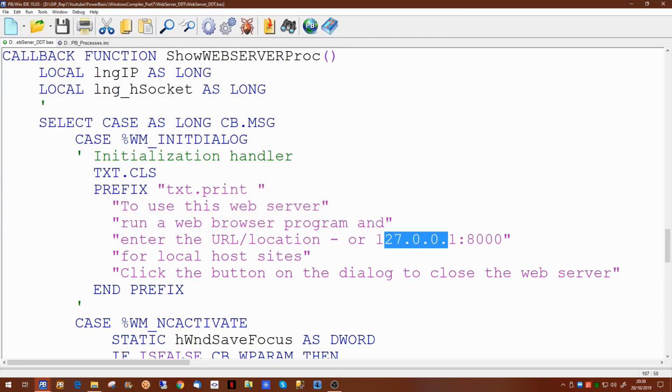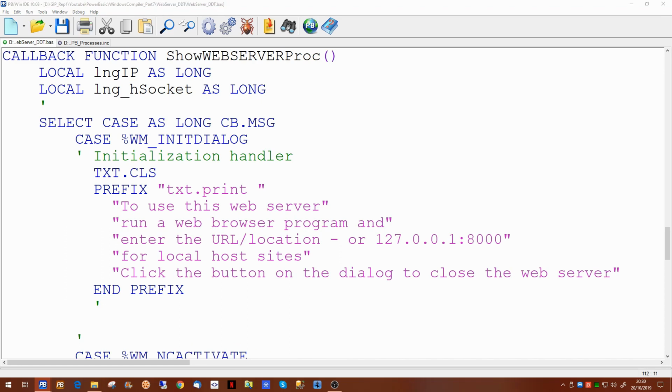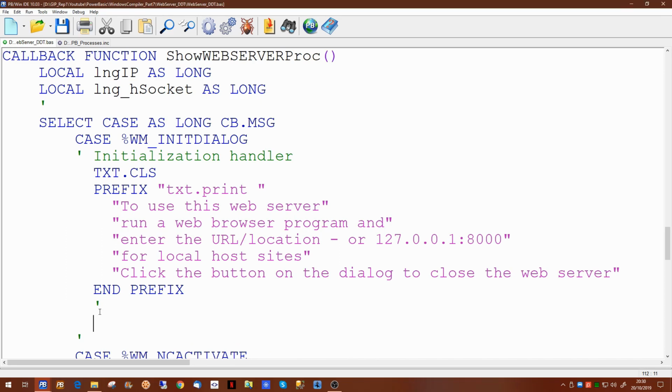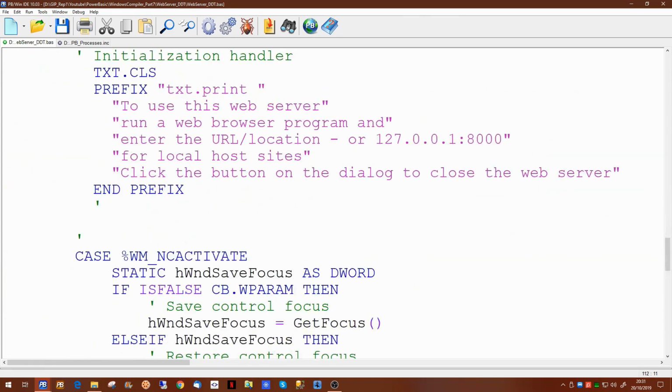So the next thing we want to use is the set the web server up, and we want to put in a starting file number for the socket threads. Now our array for the socket threads